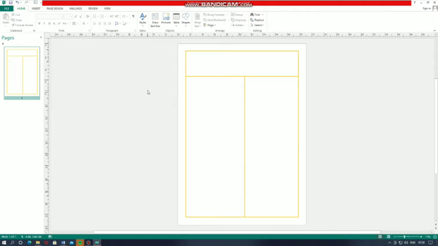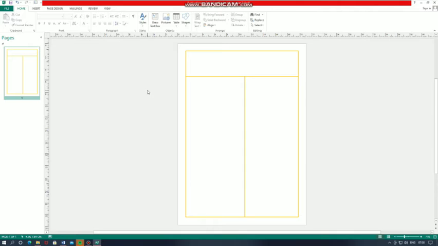Now, as you work with text boxes, you might find that a text box is not large enough to contain the entire text you want to include. When you run out of space for text, you can use the linking feature to connect text boxes. Once 2 or more text boxes are connected, text will overflow or continue from one text box to next.